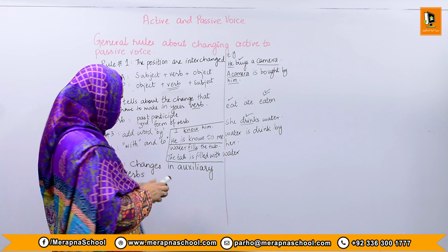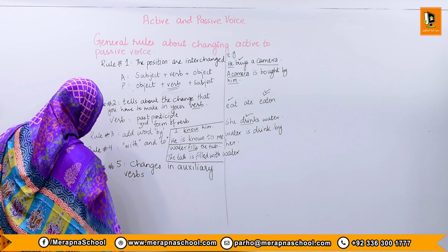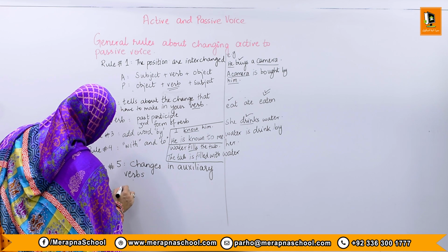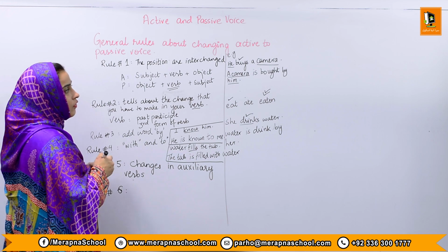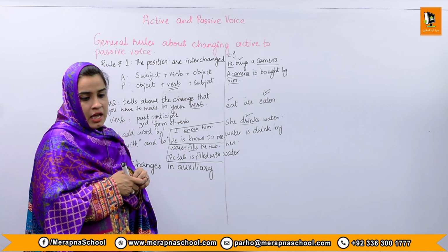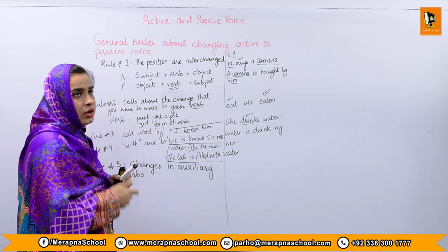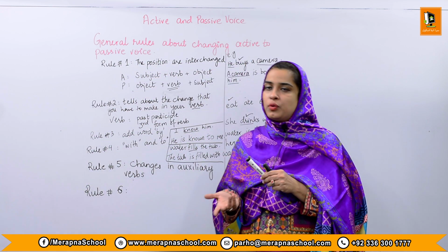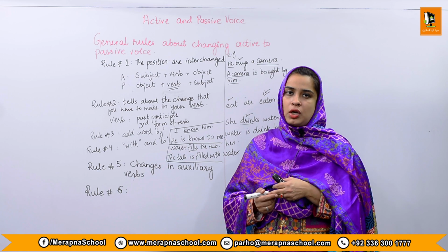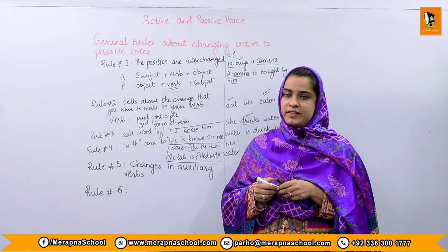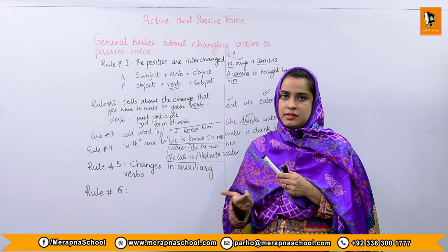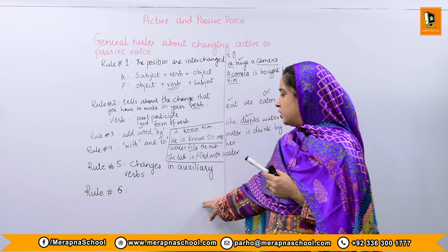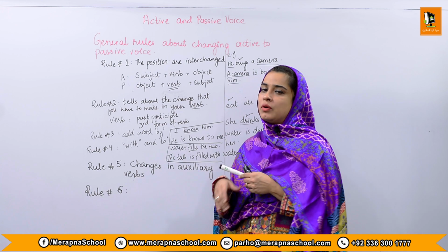Let's talk about rule number 6, which is the last rule for the general change of a sentence from active to passive. Sometimes you don't need to mention the subject. While writing the passive voice, your subject is of no importance, or it should not be known to the audience, or you may not have an idea who has said that word or that sentence. So your passive sentence would deliver the complete meaning without the subject.